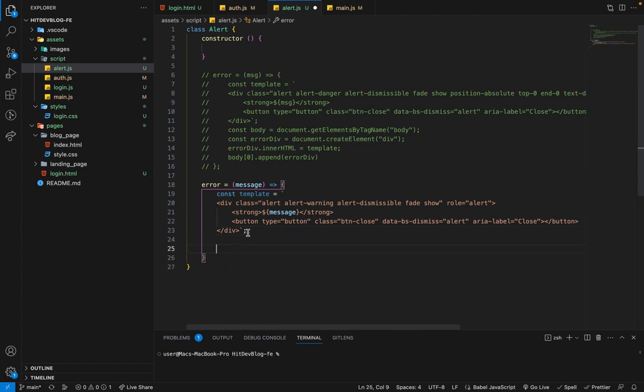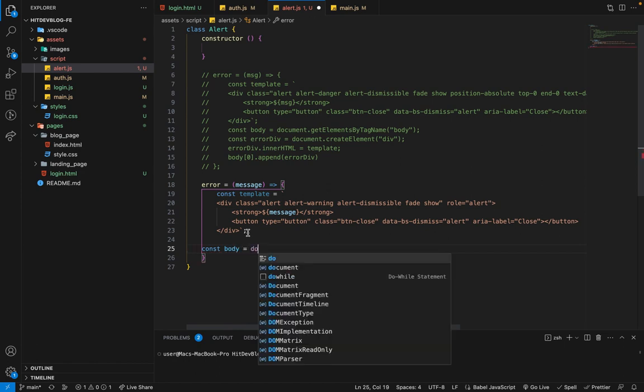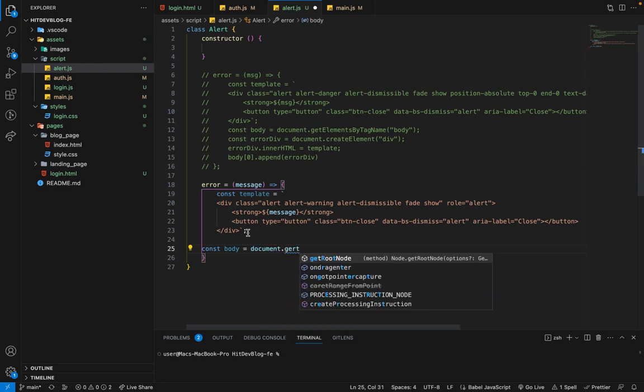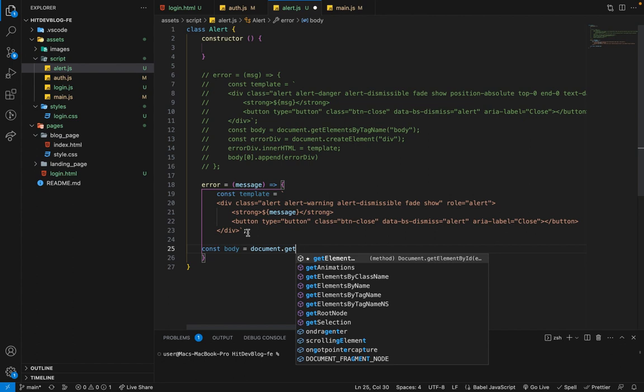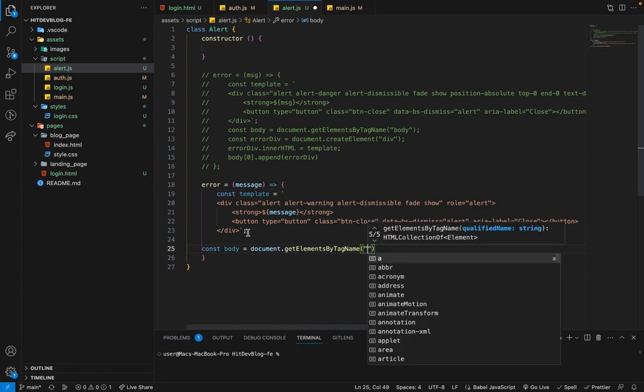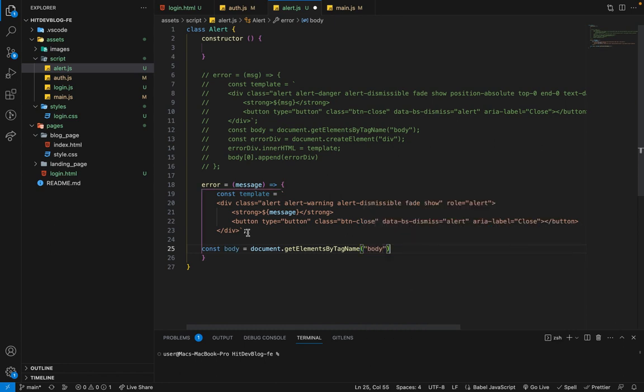So after creating the template, I do const, I want to grab the body of whatever page you are in, equals document dot get element by tag name. So which tag are we looking for? We are looking for body. So grab body. When you grab body, then let's create the elements we're going to attach to body, because what we're trying to do is to append something to body if there is an error. So let's create it. I think I mentioned some time ago that we can actually create elements even from